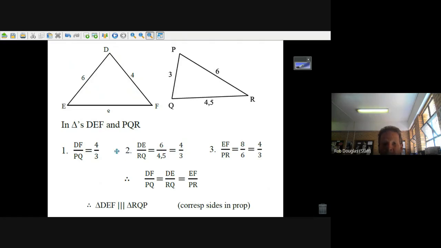Well, if all three sides make the same ratio, then the sides are proportional. And if the sides are proportional, then the two triangles must be similar. And the reason we write down is corresponding sides are in proportion. All three corresponding sides have to be in proportion. That's a little bit more